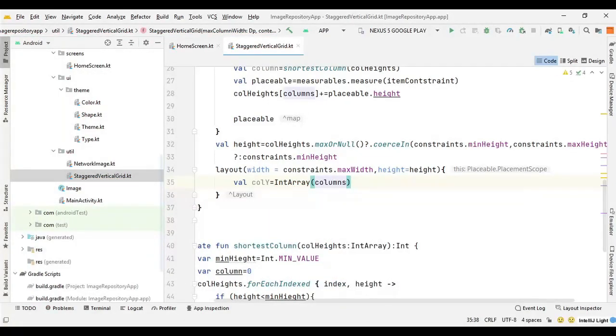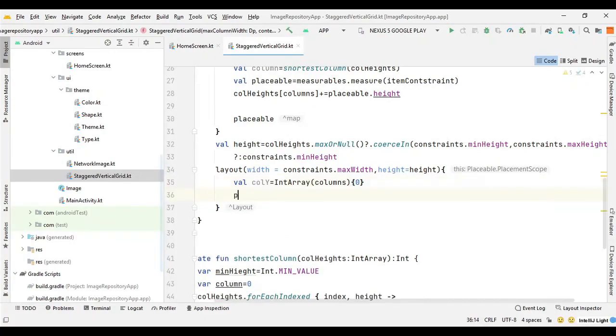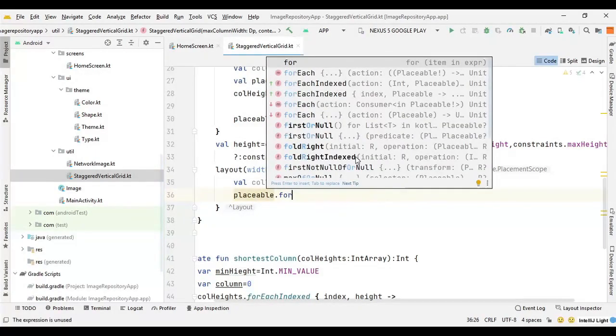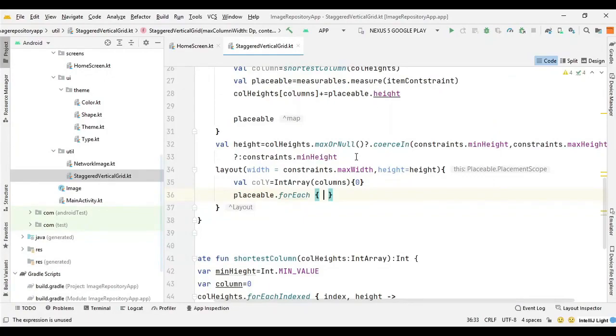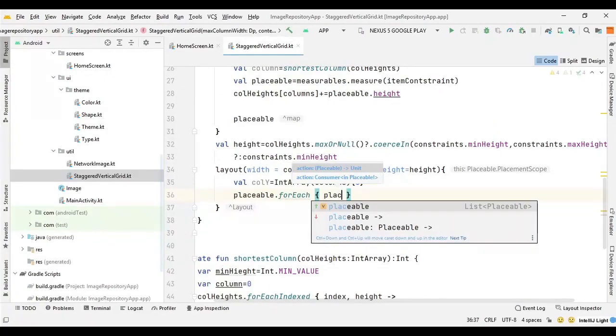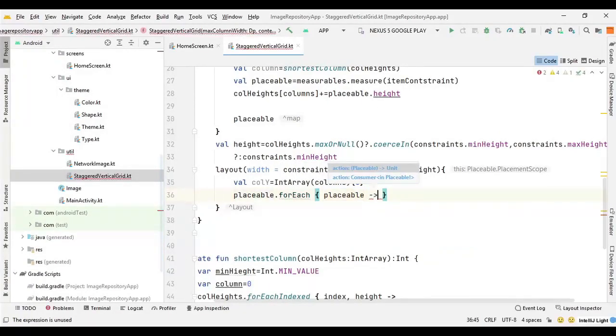We can say columns, and we can initialize with 0 because we need to start from 0. Now we need to go through each item we want to place, so we can say placeable dot for each, and here we need the placeable followed by a lambda expression.